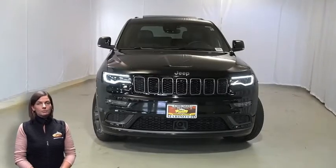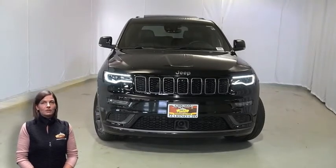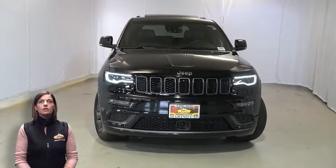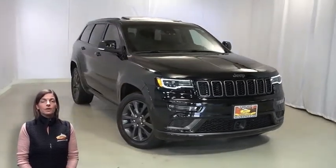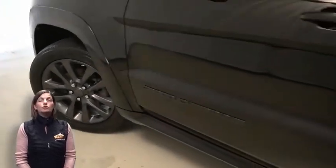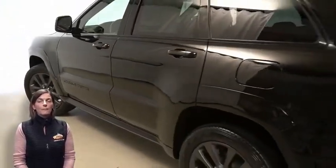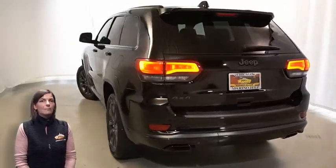Looking for a highly equipped SUV with all the right options and reliability? Then take a look at this certified pre-owned 2018 Jeep Grand Cherokee High Altitude in diamond black crystal pearl. With bi-xenon HID headlamps, premium fog lamps, 20-inch aluminum wheels, power heated mirrors, granite crystal exterior accents, black lens tail